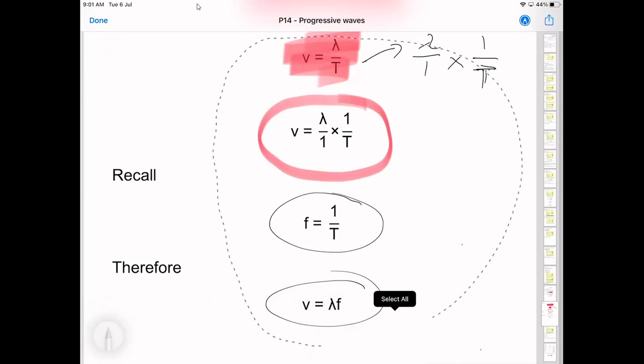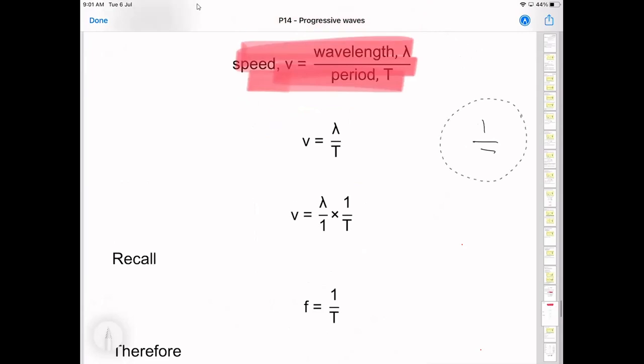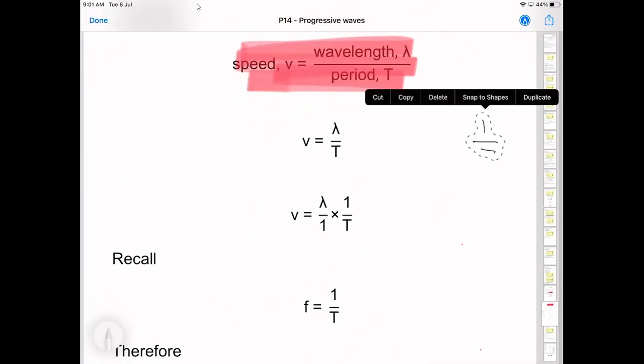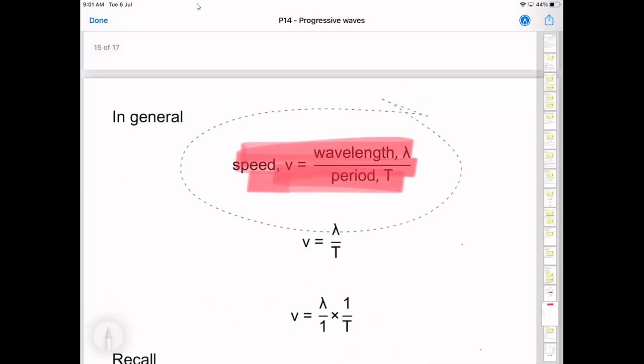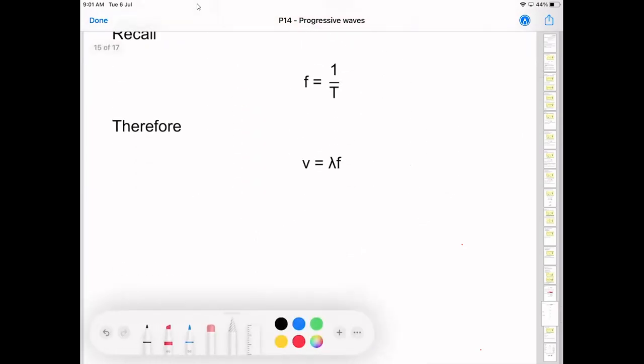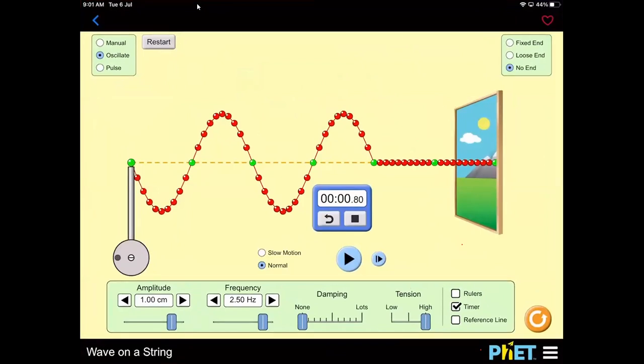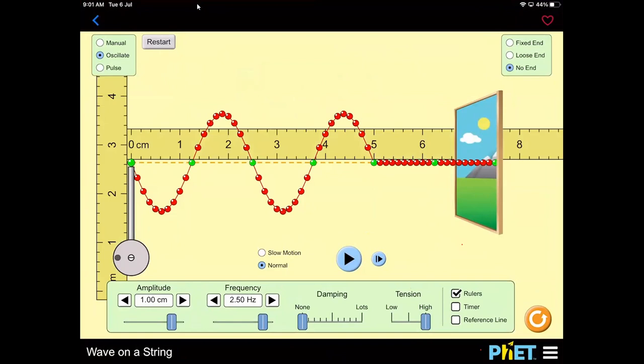Good. Get rid of that. And get rid of that. And get rid of that. Good, good, good. Okay. So in other words, we don't need to calculate the period every time. We don't have to time the wave. If we do a calculation on the simulation, we can get rid of the timer. The only thing we need out is our ruler,